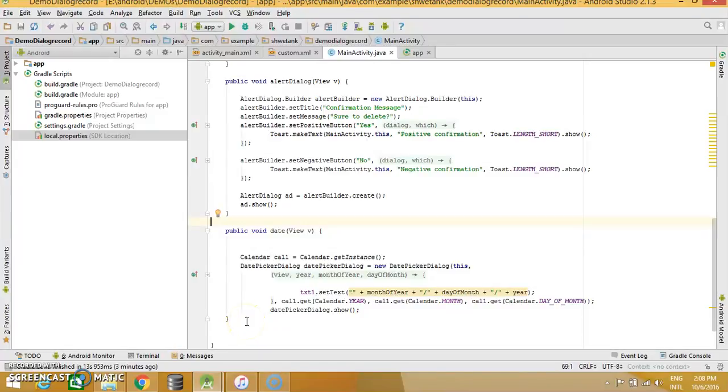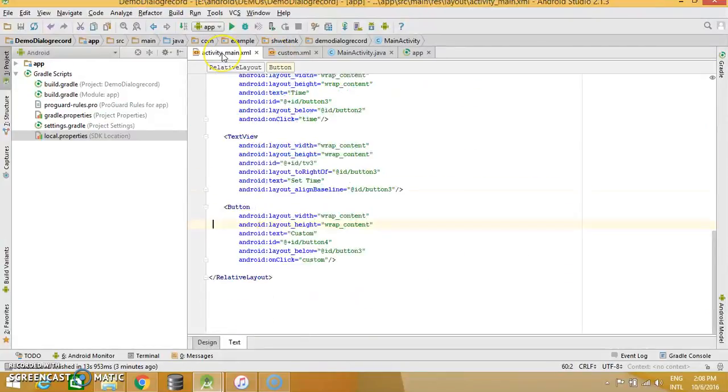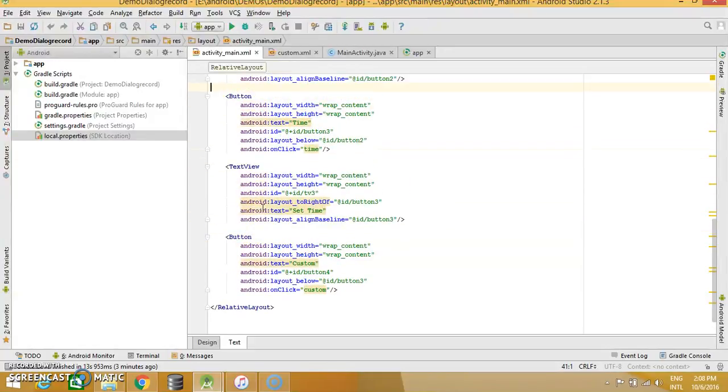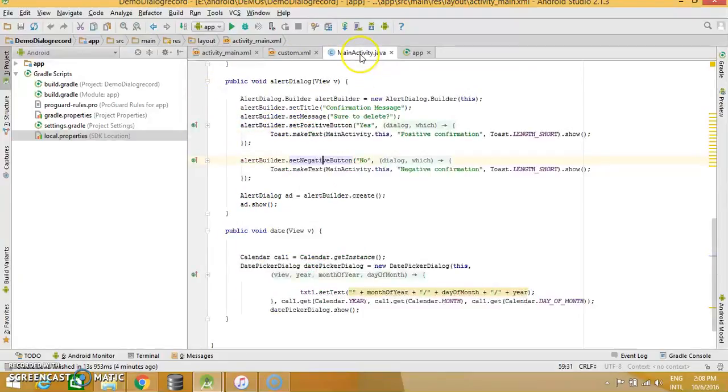Hi guys, so we have completed the date and alert dialog. Now we need to proceed forward. So let's see which all are left now. We need to do time now. So the button time has got on click attribute as time. So let me go there and